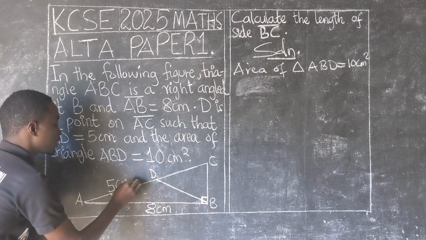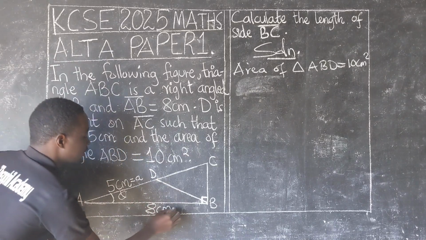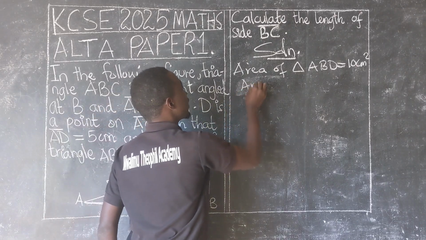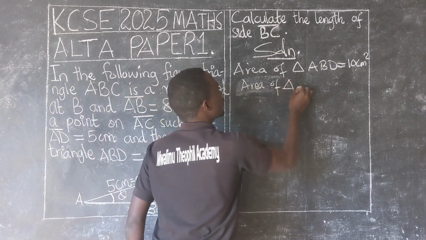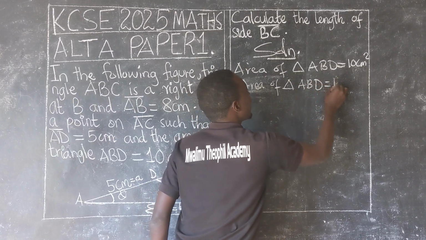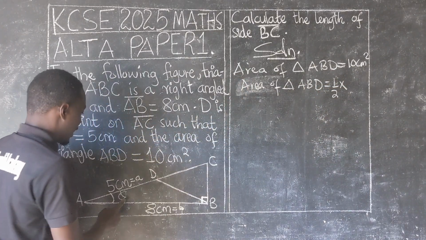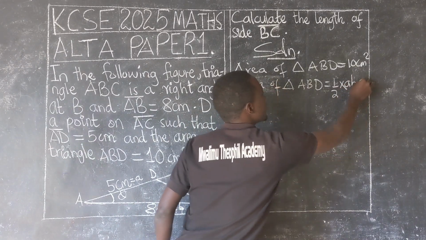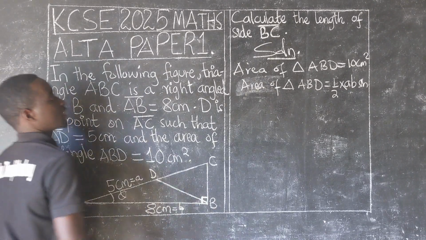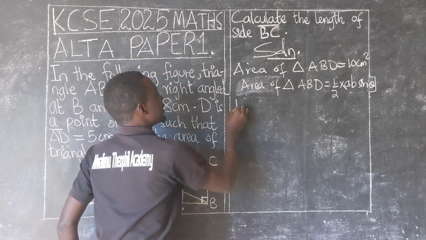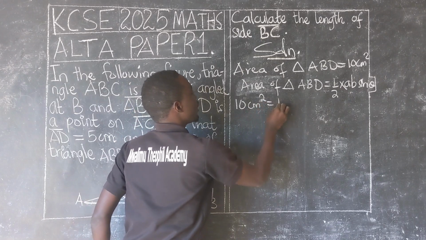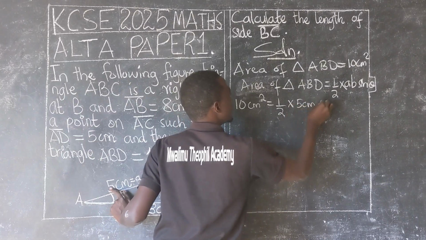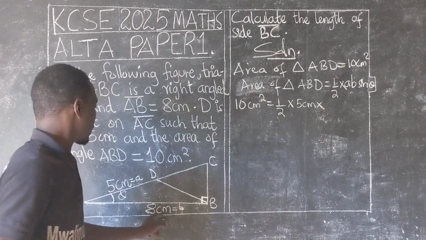Maybe let's assume this side length be called A, this 8 cm be taken as B. We say that area of triangle ABD is equal to a half times A times B, times sine of the included angle, which is angle theta. As we already have the area, it means that 10 cm square is equal to a half times A, which is 5 cm, times B, which is 8 cm,